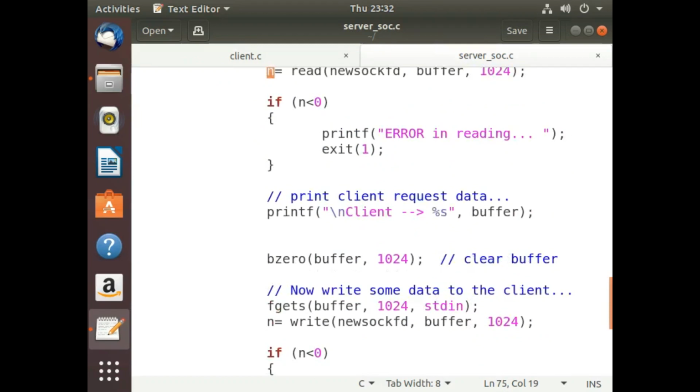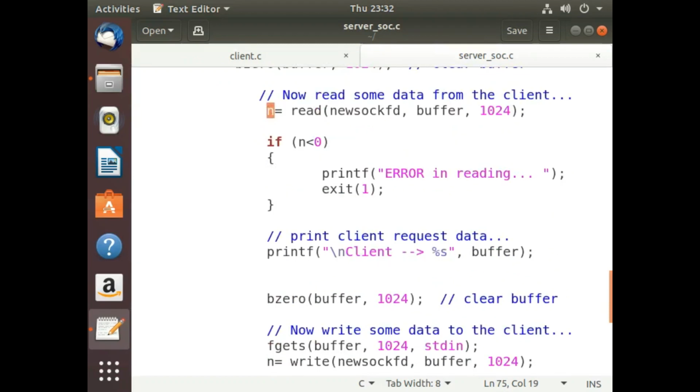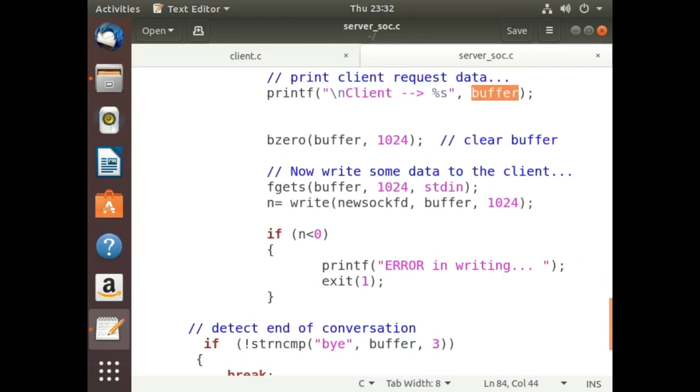As soon as we read something from the client, we will print that message on the server's terminal, saying "Client:" followed by the message passed by the client, displaying the buffer contents simply. Once we have read some data, we have to send some response from the server.